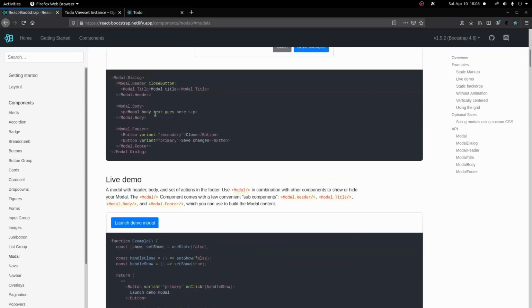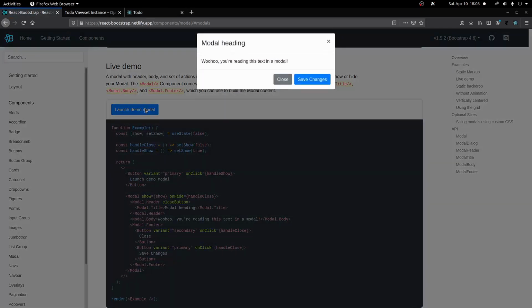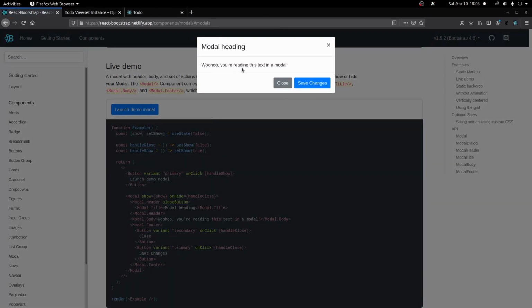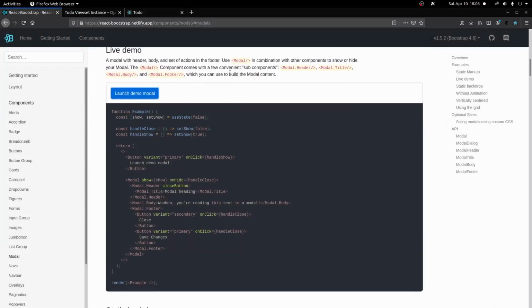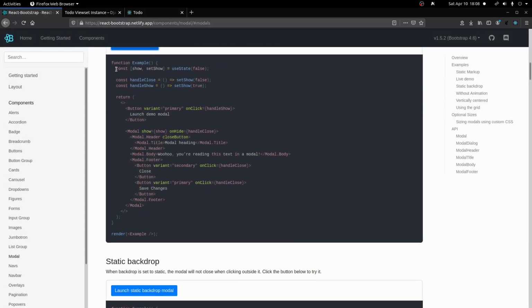And you'll see here we have a demo right here. You click on the button and it shows this little screen here, and this will have our data. We'll have two input fields, one for the title, one for the description, where we can update the data inside of there. So looking at this example here, you can see we need to use our useState to create